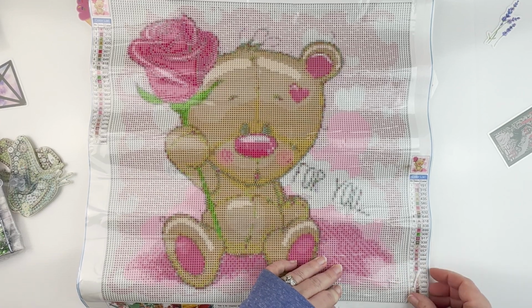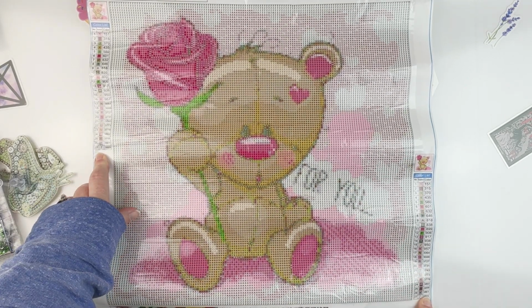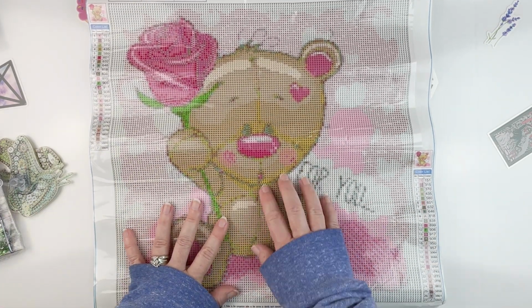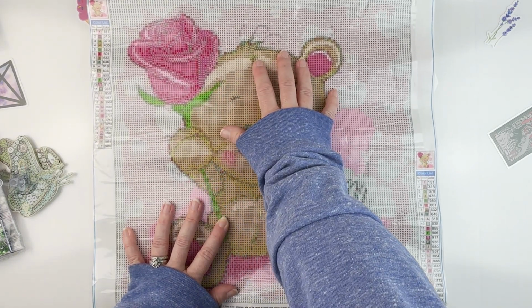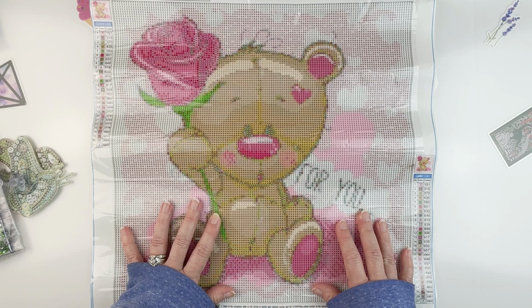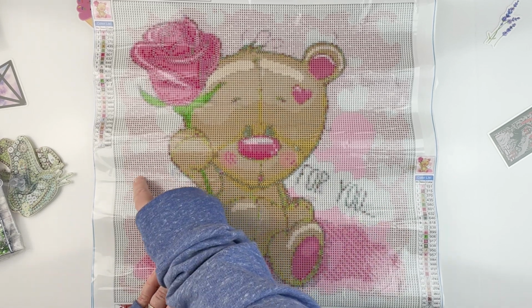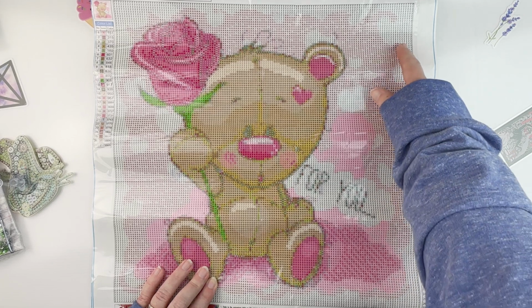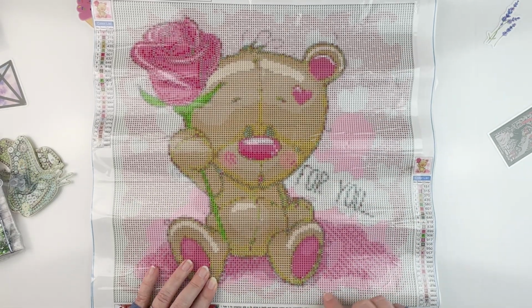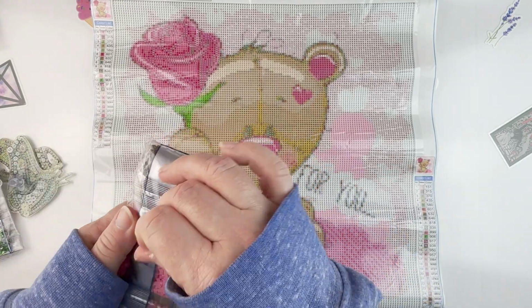So, it's nice and sticky where you need it to be. We do have a schematic on both sides. We've got 27 colors, and it does have the DMC codes on it, so love that. In looking at it, the drill field symbols look nice and clear. I don't see anything that looks like it would be hard to do. There is a bit of confetti in the flower, of course, and a little bit of confetti sometimes in the background. Weirdly, this background is a Z, which is the white. But it's really just on the edges and then little hearts on the inside, so hopefully that won't be too bad. Let's open up our drills and see